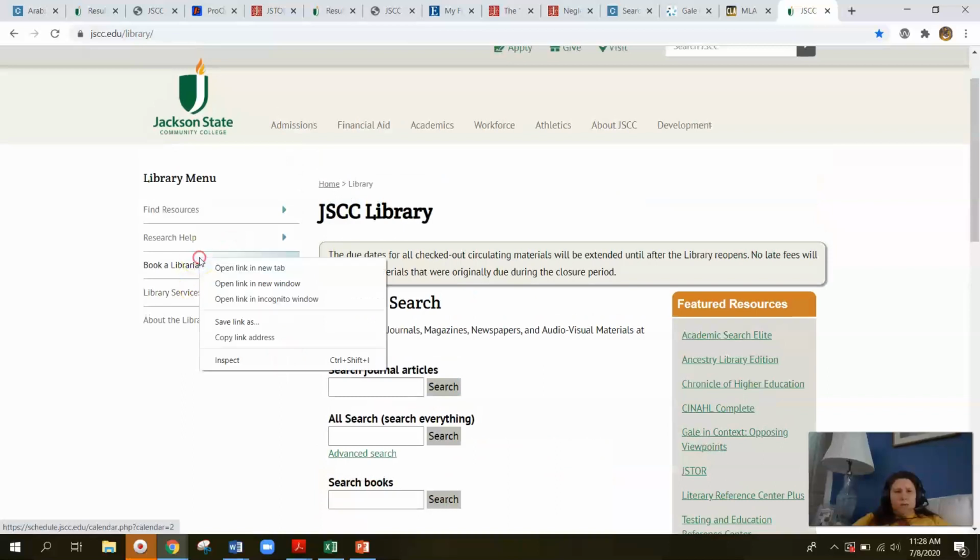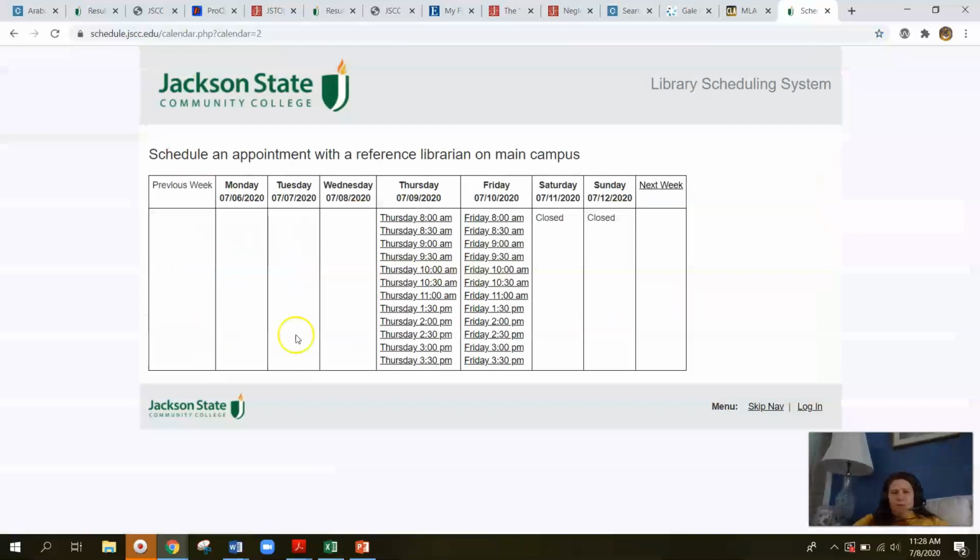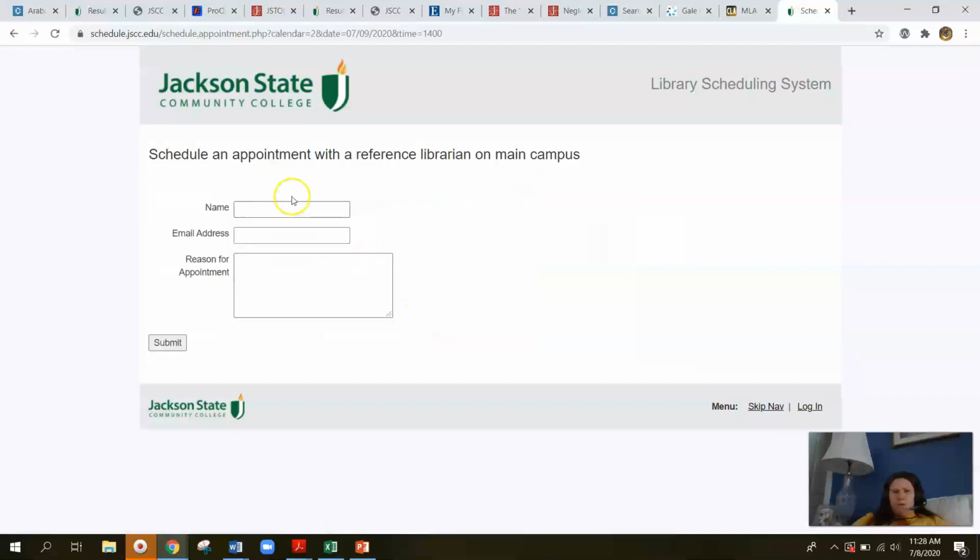So you can book a librarian, which is you make an appointment to meet with me or anyone else, and you have to do it the day before. So you put your name in here. Meeting on campus is not available right now. You will be meeting with us on Zoom or on a phone call. So if you want to tell us what you're meeting about, or if you want to meet with a specific librarian, you can put their name in there, and then we have a setup with that librarian.